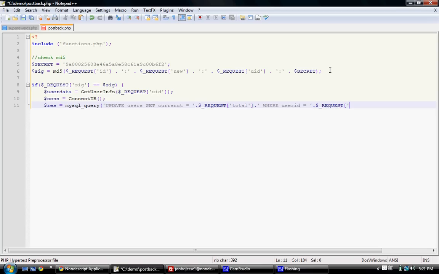So you'll notice that I'm setting the currency to equal whatever the total is set in the postback. Super Rewards will keep track of the lifetime amount that each currency has used on your application. So you could always just overwrite this total so that you save some time there. So let's make sure that we get the proper